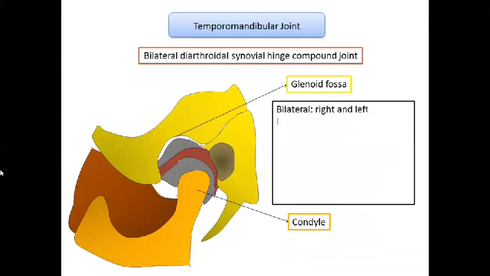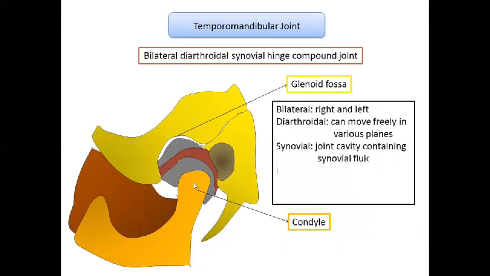What compound joint basically means is it essentially contains three bones. So what are all the three bones that we know here? One is the cranium or the base of the cranium or the glenoid fossa, we know. The second one is the mandible. What can be the third bone? Yes, according to the recent classification, it is the disc that is considered as a non-osseous bone. And that's why the temporomandibular joint is called a compound joint. And also, it is called diarthrodial because it can move freely in various planes, and it is also filled with synovial fluid.